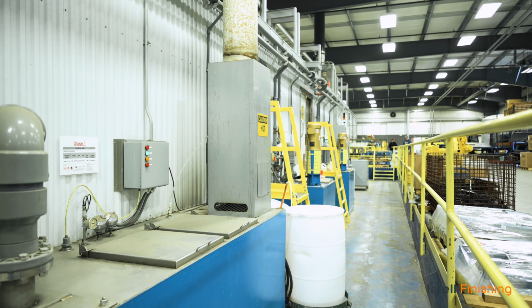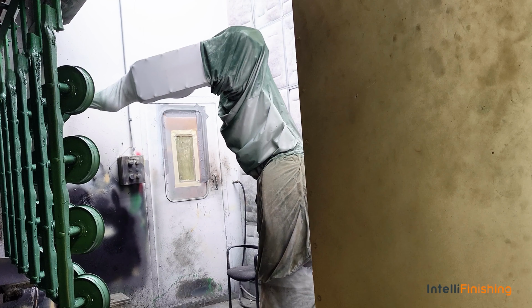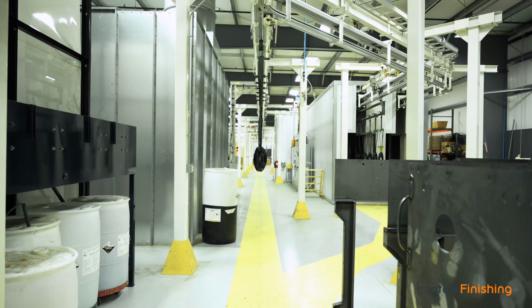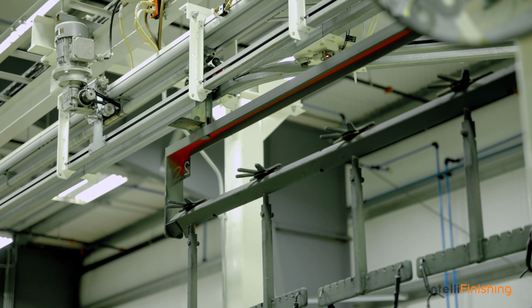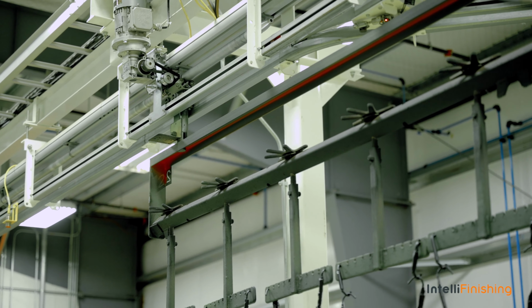You can never have enough space. When we built this facility, like any other project, you try to cut your budget here and there, but I'd have more space. From the line itself, maybe the only thing I would have considered would be kind of an offshoot off of the main line where you can either take a carrier off to do some maintenance on it or